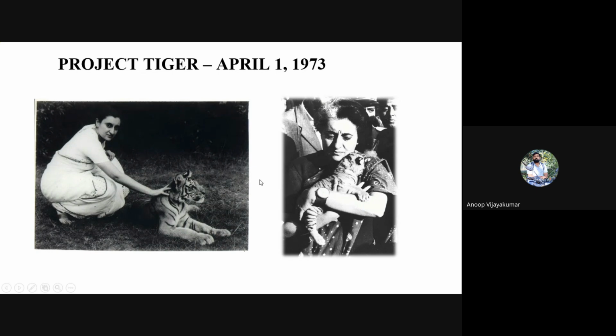Sorry for that. So we launched Project Tiger. With Project Tiger, we started concentrating on the protection of the tiger. Now we have an entire system for that. We have started tiger reserves for exclusive conservation of the tiger and its ecosystem, and we even have a special authority under the MoEF&CC, Ministry of Environment, Forest and Climate Change, Government of India. We have the National Tiger Conservation Authority to take care of Project Tiger and tiger conservation across India. So this was one turning point in tiger conservation in India.